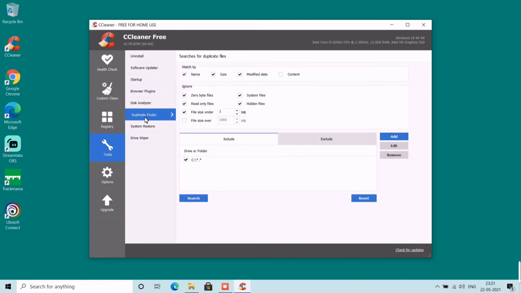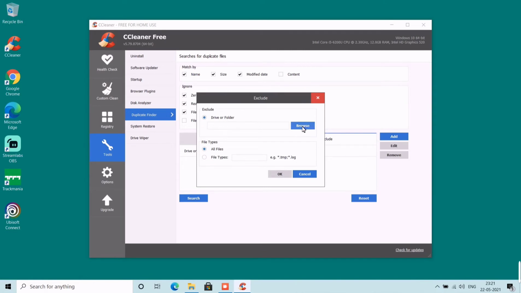Next option you have is Duplicate Finder. In this, what type of duplicate files you want to filter, you can choose options like what should be searched and what can be ignored. You get a lot of options to search duplicate files here. It is useful to manage fewer files, like if you are searching for duplicate files which are expected in less number, you can use it. You can also give options like what files can be excluded from this search to avoid unnecessary accidental delete.